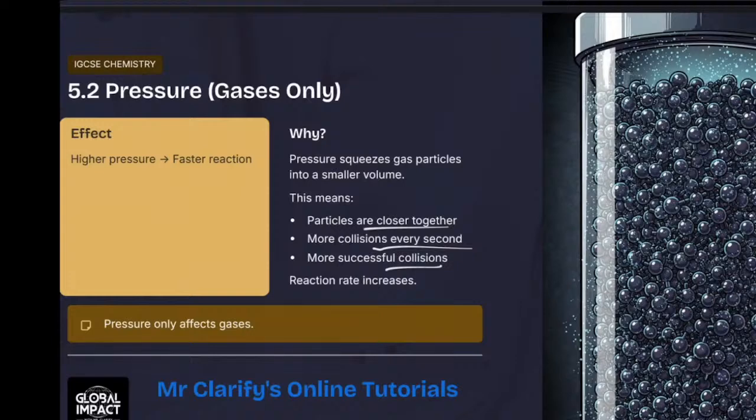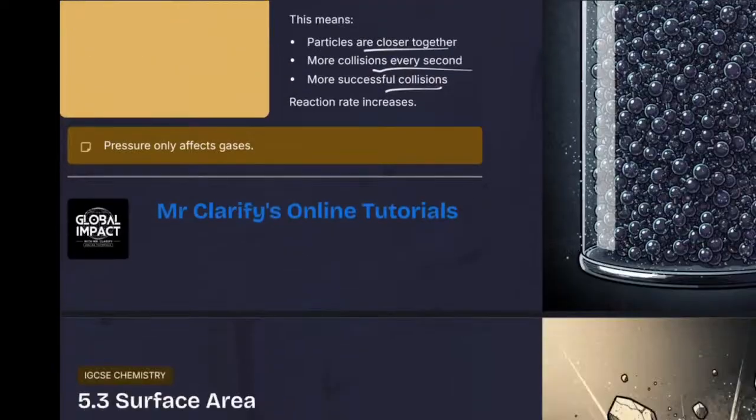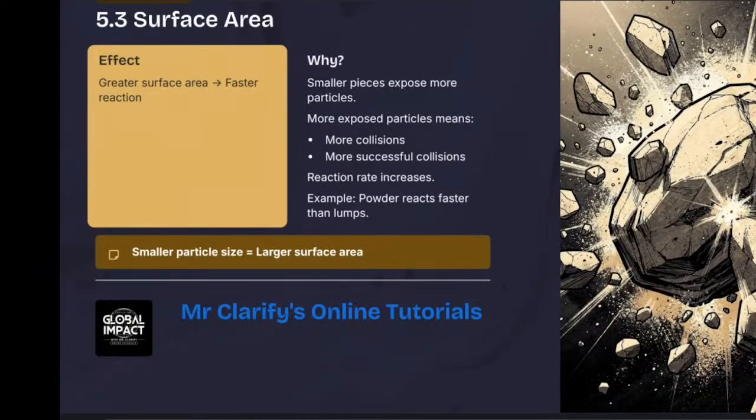Right, now let's go on. Surface area. We now need to talk about surface area. What happens with surface area? The greater the surface area, the faster the reaction. We know that. Why? Because smaller pieces expose more particles. Okay? Smaller pieces, when you are going to have a greater surface,